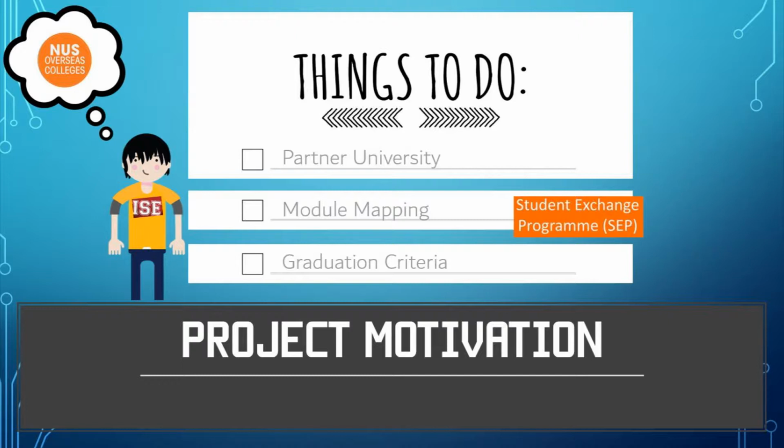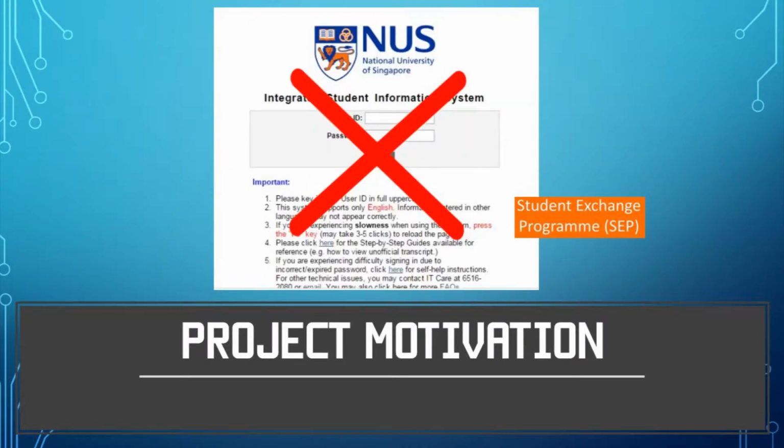So this is John. John is from the Faculty of Engineering, ISE. He wants to go on SAP, but first he needs to decide on the partner university, and then the modules to take, which must then adhere to his course graduation criteria. Doing all this research by himself, imagine the number of permutations there is to consider for him. What our group realizes is that this process is tedious, and that the current tool, myISIS, does not suffice to address the